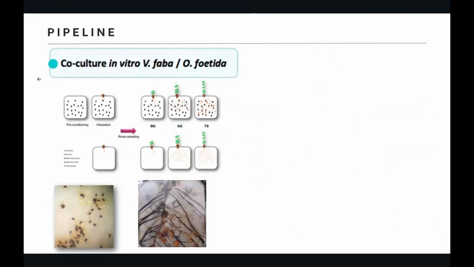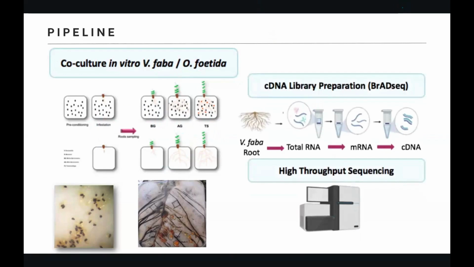We used two faba bean varieties, one susceptible, known as Vicia, and one resistant, known as Shuruk. Roots were collected at three key stages of Orobanche foetida development: before germination, after germination, and during the tubercle stage, under two conditions: in the presence of and in the absence of Orobanche foetida. Following the sample collection, we conducted total RNA extraction, selected mRNA, and prepared cDNA libraries for high-throughput sequencing using